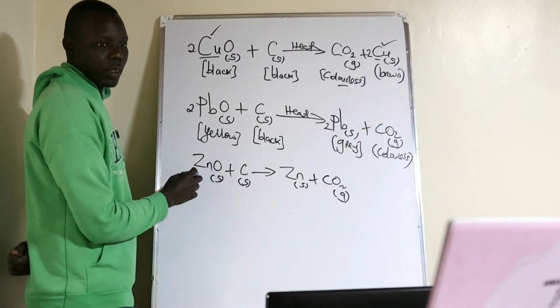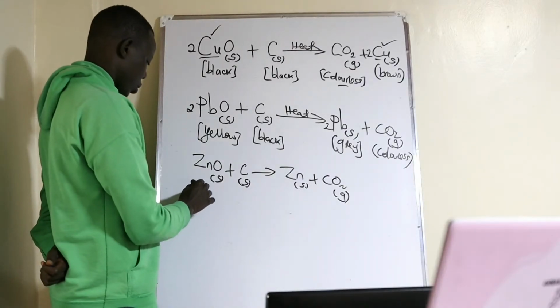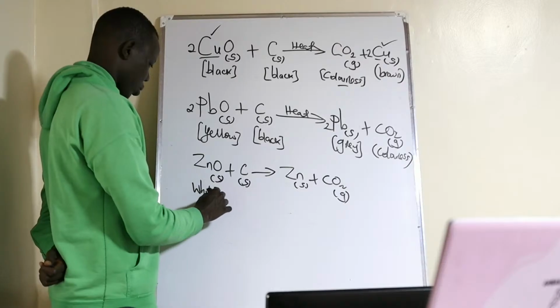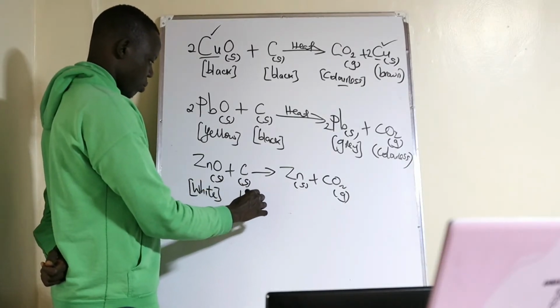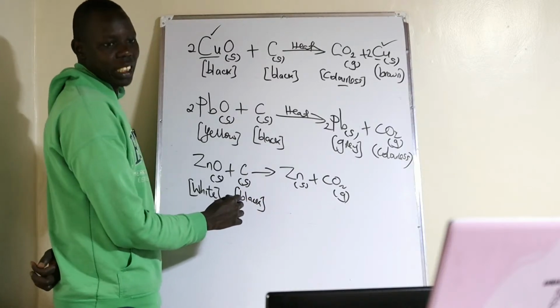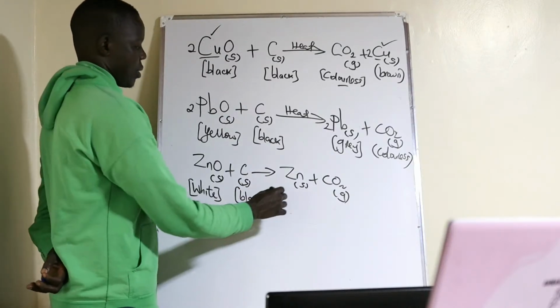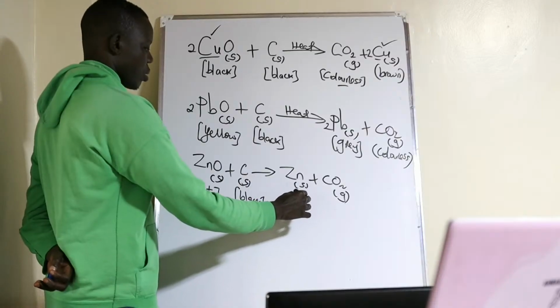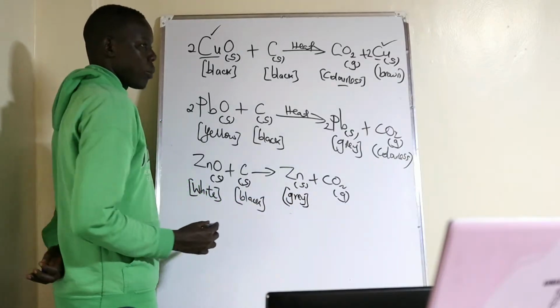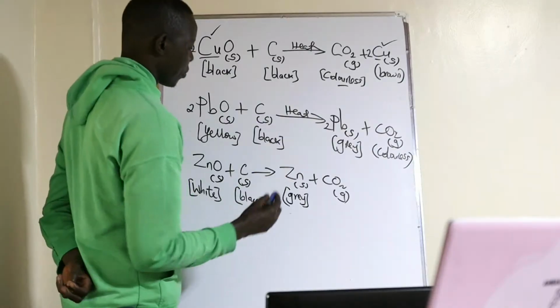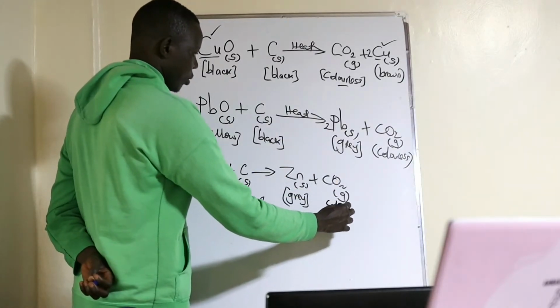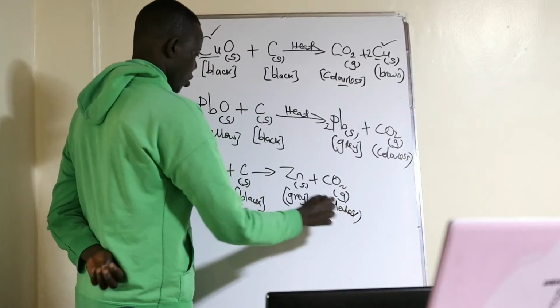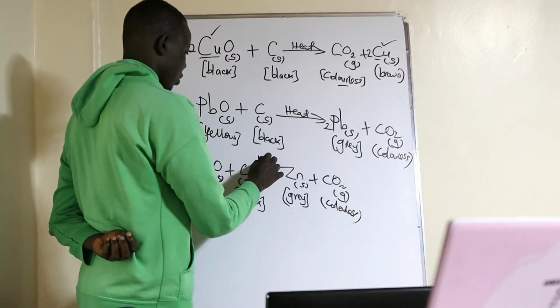So this one is white. And this is of course black. What's the color of zinc? Most metals are gray. Most metals are gray except copper. We have this one, which is a colorless gas. Then the condition here is